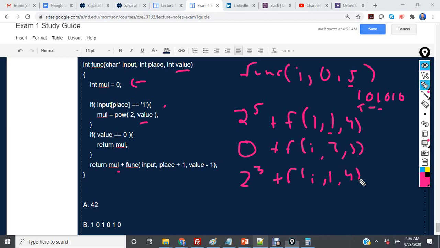Oh, sorry, yeah, this is going to be 3, 2, excuse me. So function 3 is a 0. 0 plus function I, comma 4, comma 1. The fourth element here is a 1, so it's going to be 2 to the 1 plus function I, 5, and 0. And when we have value equal to 0,